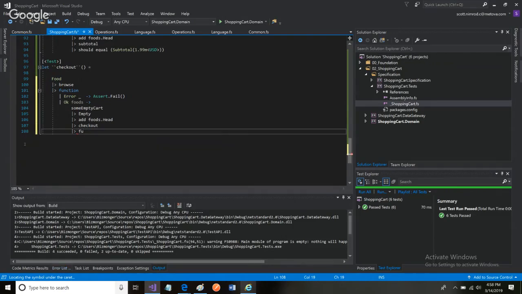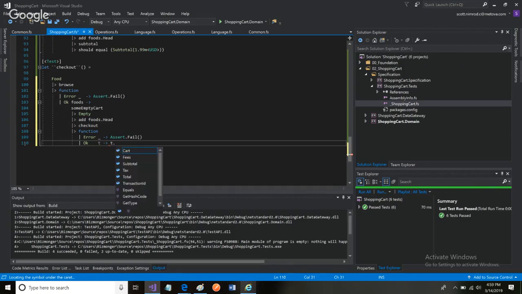So we pipe that into a function, in which we say that if it's an error, then we just immediately fail it, assert dot fail. However, if it is okay, then we have this T for transaction. And from there, our transaction we want to say is T dot total